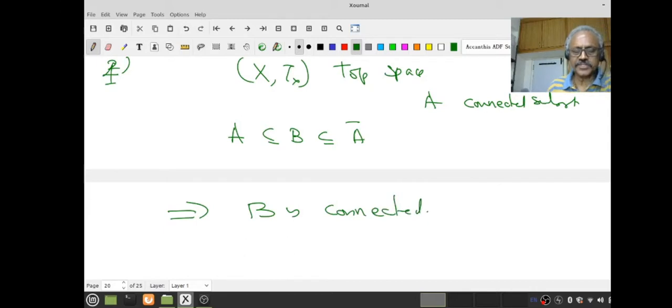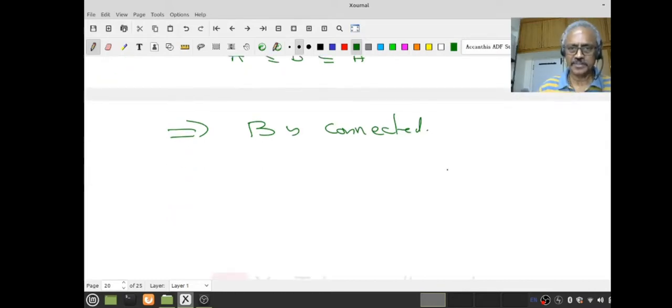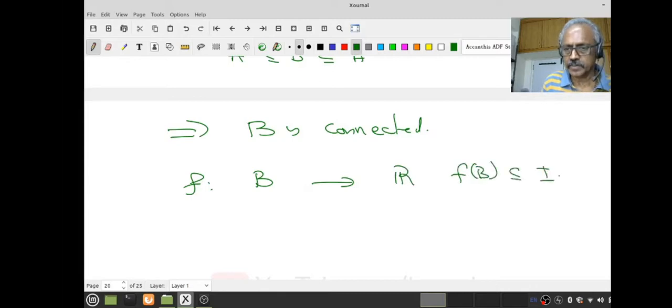You should look at the traditional proof in standard textbooks for this. Now you compare that proof with the proof which I am going to give here. To show B is connected, what should I show? Let f be any continuous function from B to R, so that f of B is contained in {plus or minus 1}. So to show f is constant,